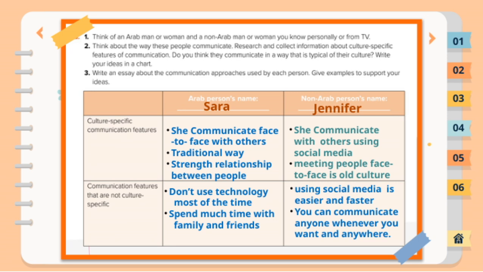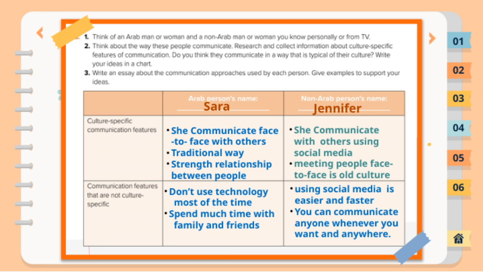But it's also important to remember that face-to-face communication is a traditional way of connecting that helps strengthen relationships. Meeting people in person allows for more genuine interaction and understanding. While social media is useful, maintaining face-to-face relationships keeps our connections strong and meaningful. So the key message here is to find a healthy balance. Use technology to stay connected, but also make time for those personal, face-to-face moments that truly build and sustain our